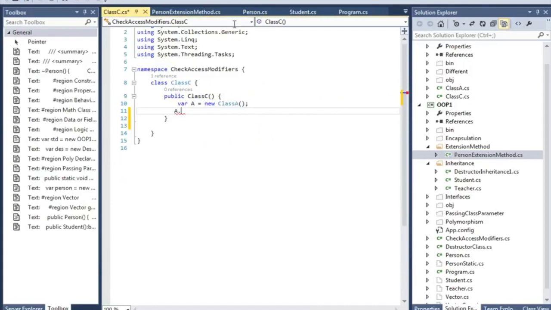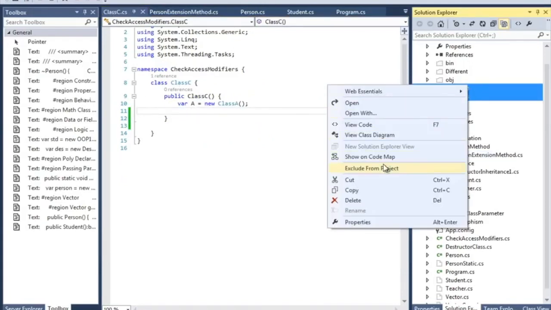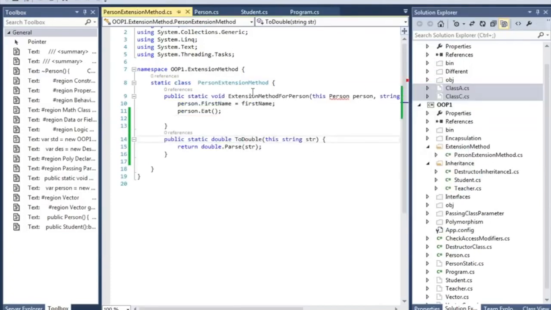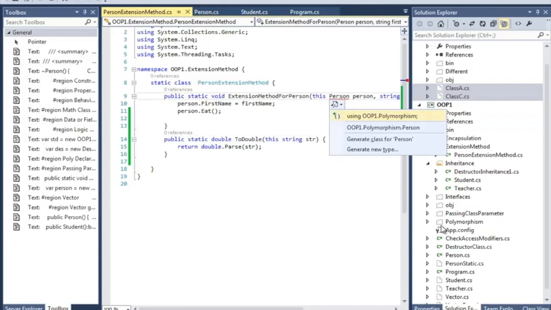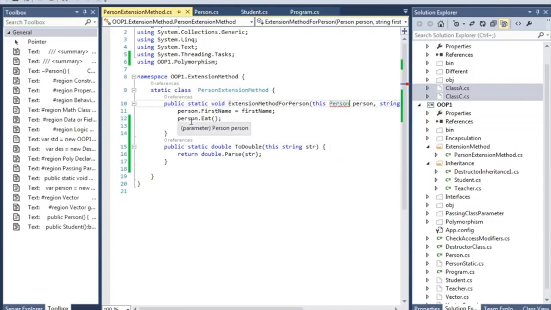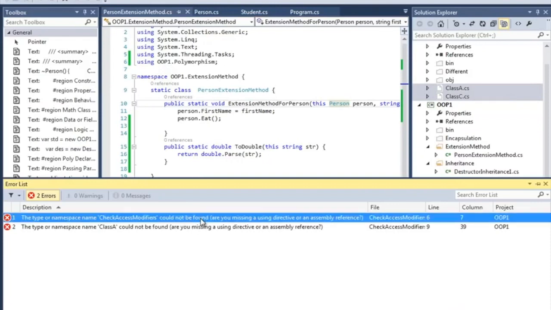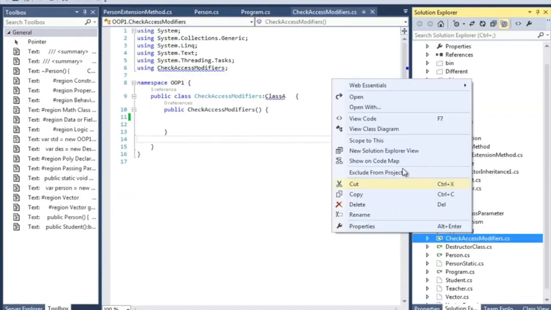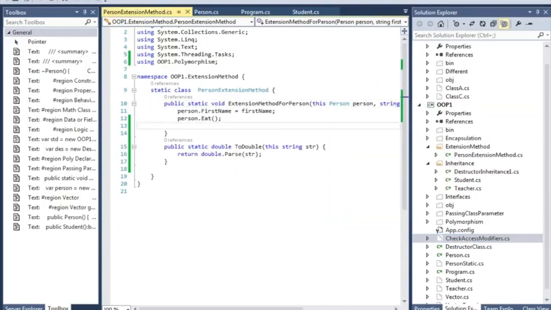So let's just delete or exclude those files so that I don't end up having an error, and import this so that I don't have any compilation error. Let's see, do I have any compilation error? So let's check the access modifier.